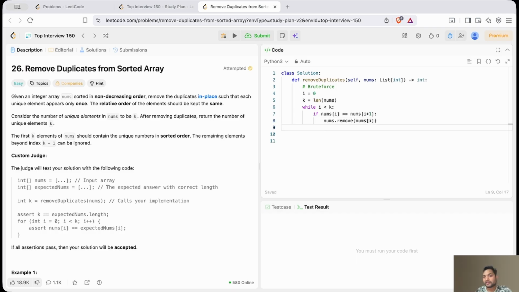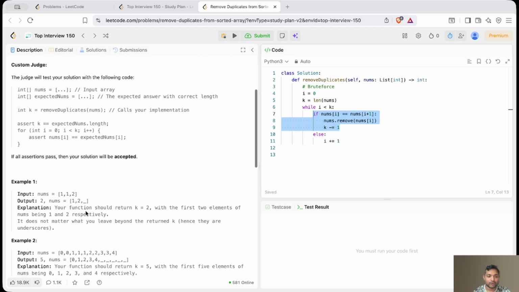And then if we are removing, the length of the nums will be reduced by 1. So what we're going to do is reduce that k value by 1, or else we're going to increase the I value by 1, because in here we should not increase the value of I by 1, because if we are removing the current element,